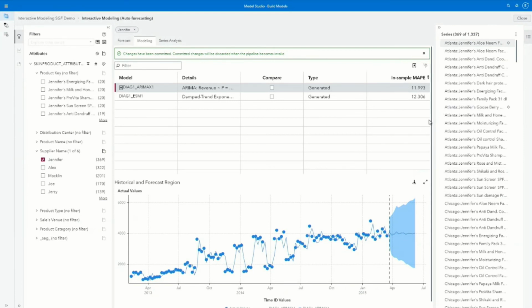If I want to make additional changes, I can change the filters to get to different series. Again, if I have a very large list of series, I don't necessarily want to scroll down the whole list. I want to use the filters for easier navigation. One thing to notice after I've committed the changes is that warning icon that was here on the series where changes have been made has now been changed to this little diamond icon. So that indicates that a change has been made for that time series.